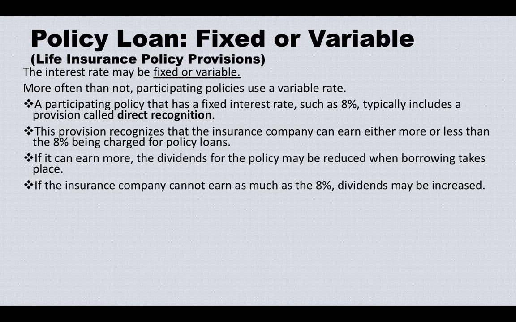That's fair. So basically, we give you a $200,000 loan, and we charge you 8%. If on the other market we could get a maximum of 6% interest on $200,000, then to be fair to the policyholder, they say, you know what, we're going to credit this 2% interest to your dividend. So we're going to increase your dividend. That's fair. That's called direct recognition.